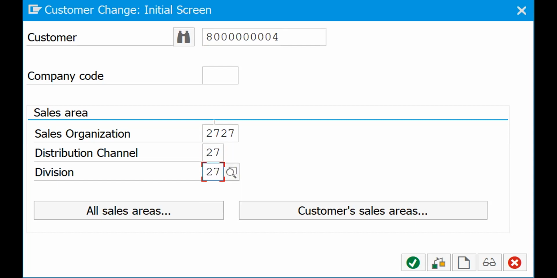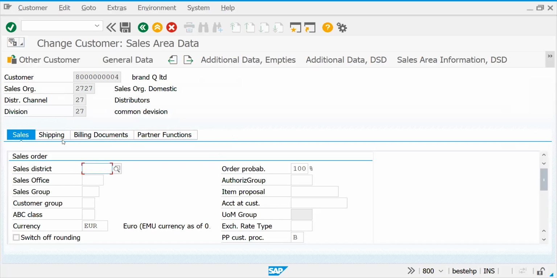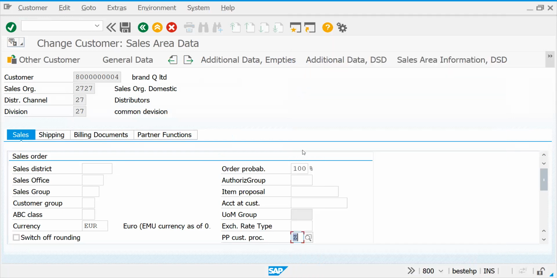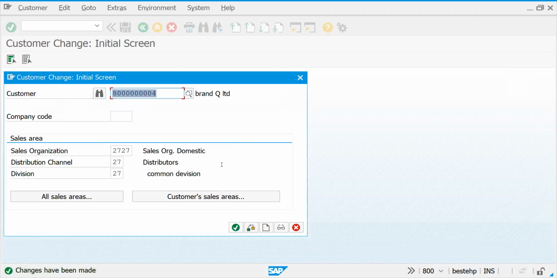Division is 27. Okay, let's press enter. So whenever we require, we'll come to our customer master data. This is what I told you. In this sales area, you see the pricing procedure for customer procedure. It is showing product proposal. Here only we have to choose this one, it is Z. If it is product proposal, you will say A. Let's choose this for cross selling. Okay, we have done so.